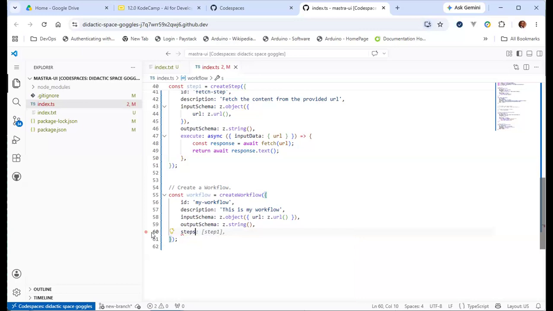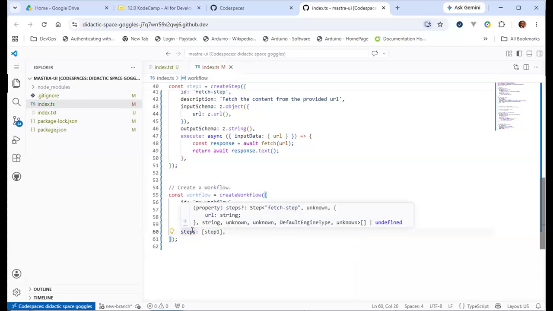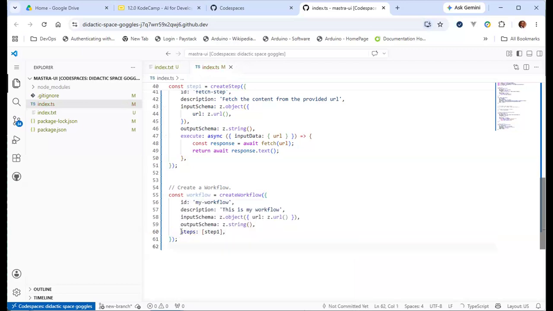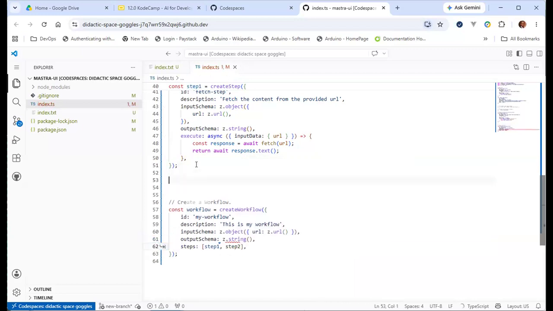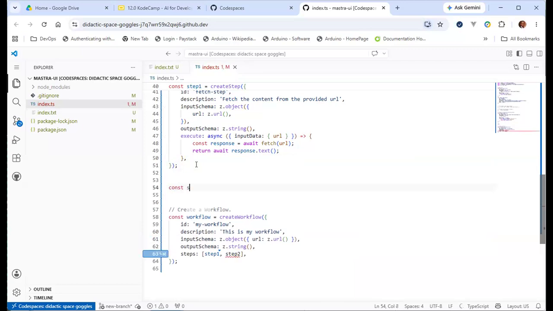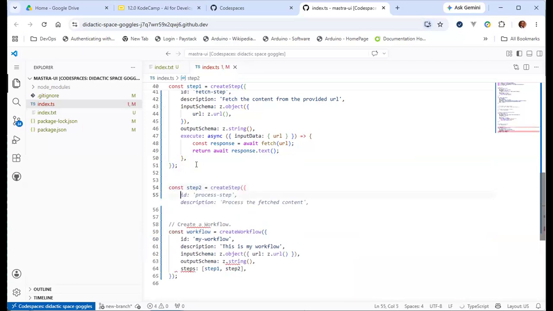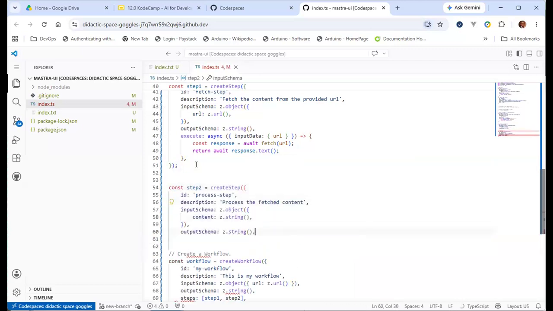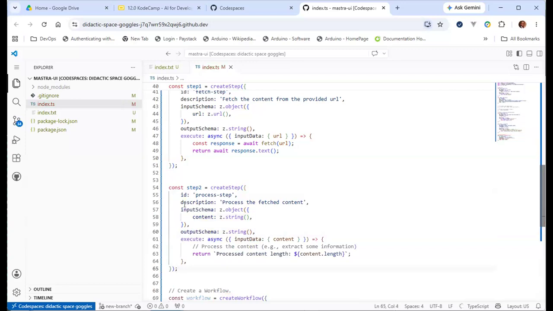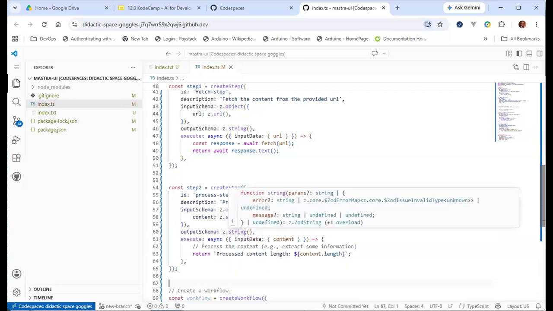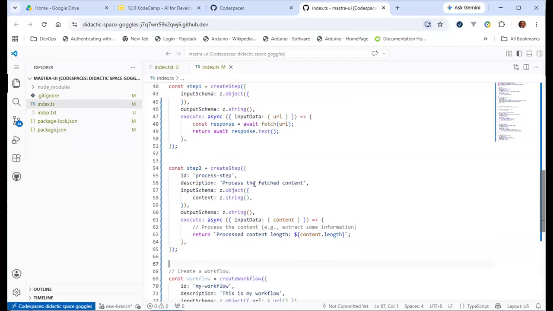I'll show you that. But if you want to statically add steps, this is how you do it. You basically use steps, and this time you use a list, and then you put the steps. So if I had a step 2, I would have added step 2 here. We could also make step 2 something like a const step 2, you create step, and all of the things in that. So that makes it your step 2.